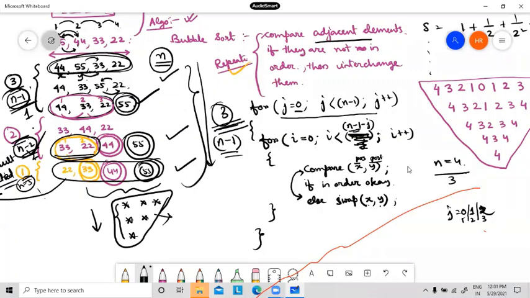Yes, sir. So the value of j will move up to 2. So for n equal to 4, how far do I have to go? I have to go up to 2. So that's why I am writing less than n minus 1. Less than n minus 1 means less than 3. See, up to 2. Or if you need, you can write it less than or equal to n minus 2. No problem. Or you can do it starting from 1. But since the value of j is used here, you better start with 0 and write j less than n minus 1. Okay? Is it clear?